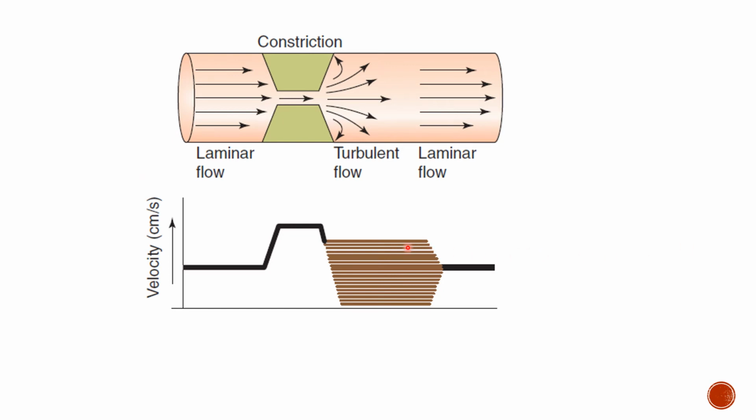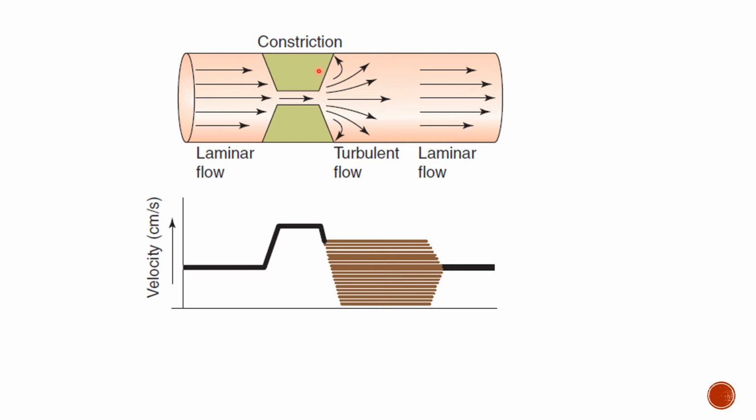And here in this picture, you can see because of constriction, the laminar flow is converted to the turbulent flow. So constriction of an artery by atherosclerotic plaque or any other cause is associated with blood flow velocity which exceeds the critical velocity and thus causes turbulent flow. So this generates vibrations which can be heard over the artery by stethoscope, that is Korotkov sounds heard while recording the blood pressure over a constricted artery.